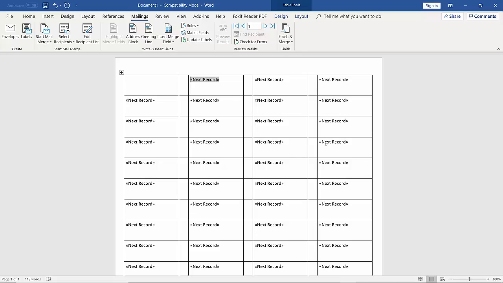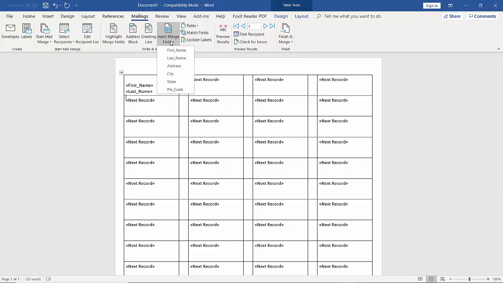So to do that, we are going to come in here and click on this placeholder, and then we are going to come in here and click on Insert Merge Field, and you can see all the fields over here, and these fields are first name, last name, address, city, state and pin code. So first of all, we are going to click on first name. Then we need to give some space. Then again we are going to click here on Insert Merge Field, last name, then enter,